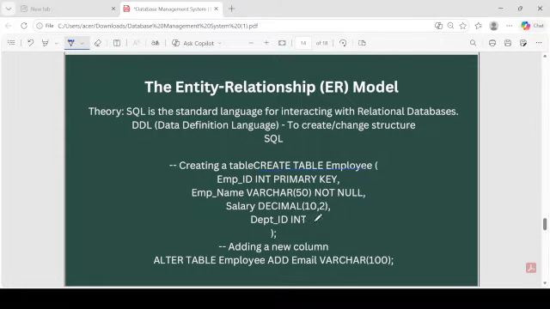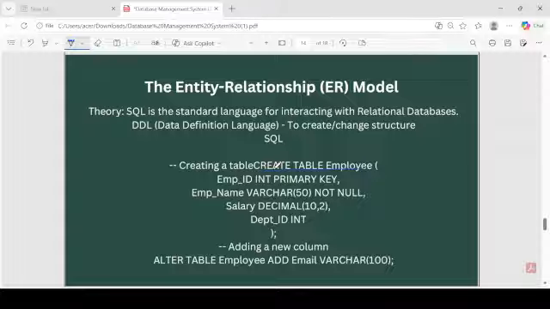The next will be department ID, which is in the int domain. And if we want to add or alter a new column, we use alter table employee add email varchar. If we want to add email in this table also, we use alter table employee, like we created the employee table, so we use the table name and add email varchar, with the spacing given to email, like 100 spaces, so we write email varchar 100 and semicolon. So this is the SQL query which is used for altering the table.